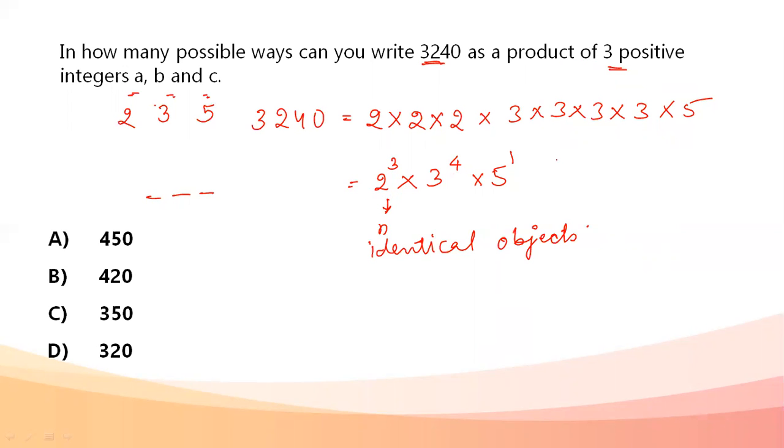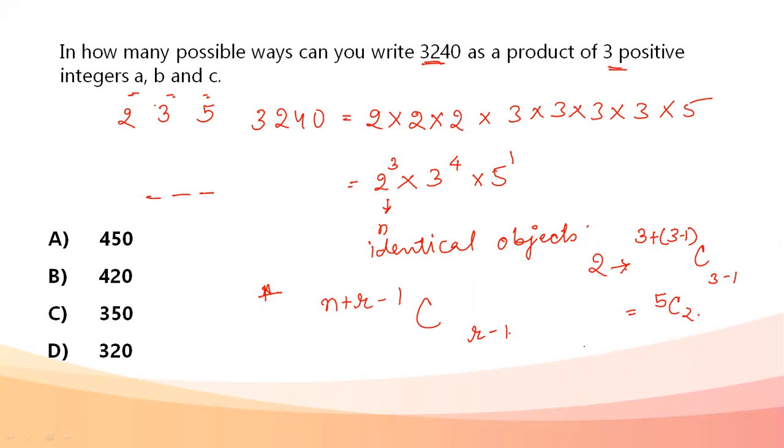So basically placing n identical objects at three places, I'll be using the formula n plus r minus 1 C r minus 1. I'll have to use this particular formula. Okay. So how am I going to arrange these twos? Let's go for arrangement of twos. So I have three twos. Three twos I need to arrange in three places. So this becomes 3 plus 3 minus 1 C 3 minus 1. This is 3 plus 3 minus 1 is 5C2. So I can arrange 2's in 5C2 ways.